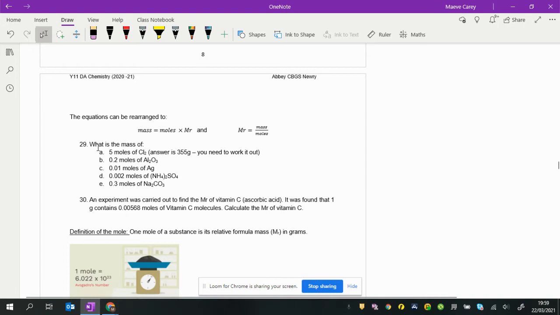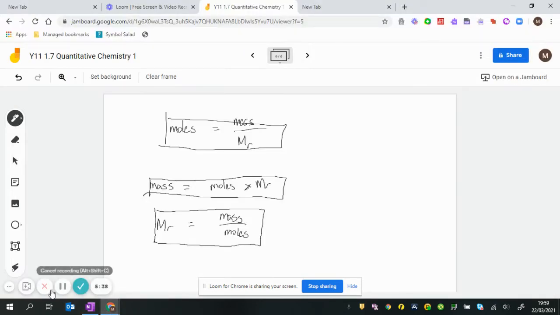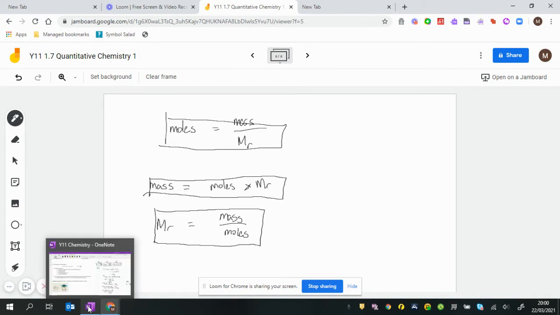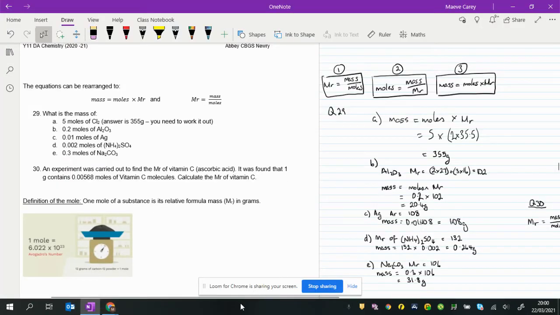Okay, so question 29 is the idea of mass is equal to moles times Mr, and then question 30, you're required to look for the Mr. So pause the video, have a go at those questions, and I will put the answers up. You can check when you're finished. Just to say, if you do need some extra help with that, you can go to the OneNote and they are worked out. Okay, so I'm going to switch over to the OneNote now and